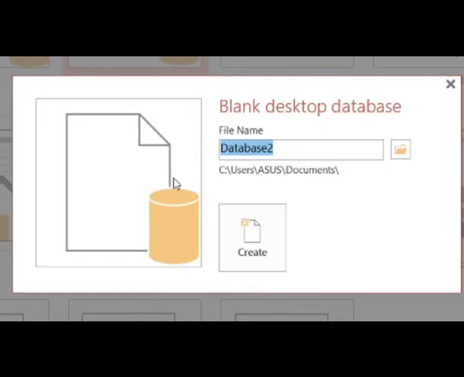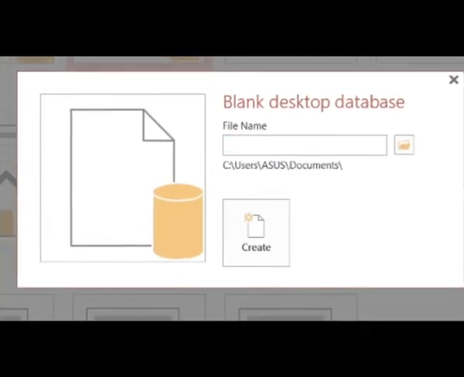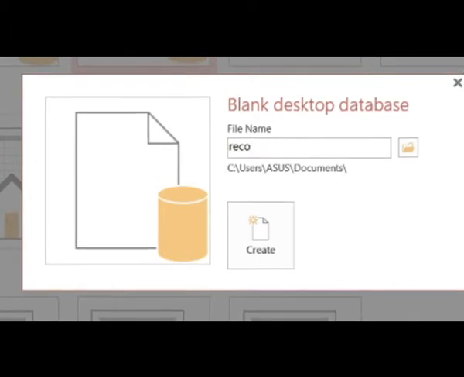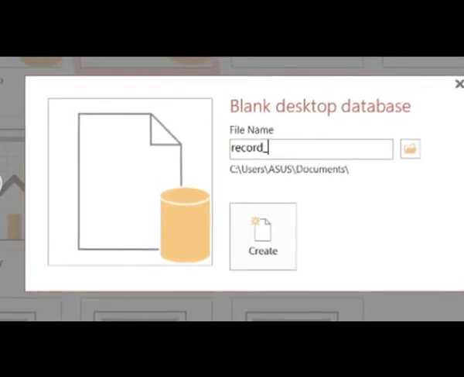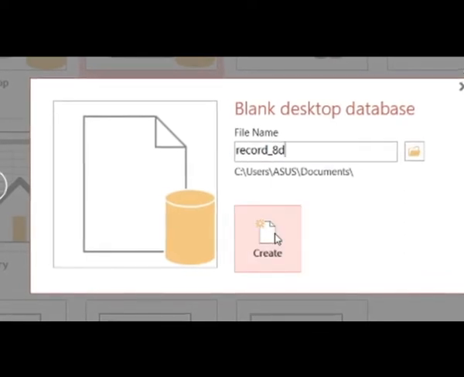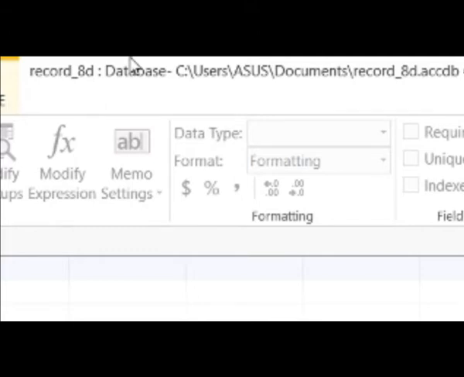So here I will type record underscore 8th D, and after typing you click on the Create option. Once you click, see children, this is the main Access window where you create your table design and then insert the values through datasheet view.